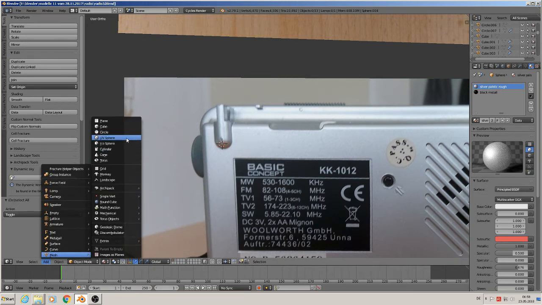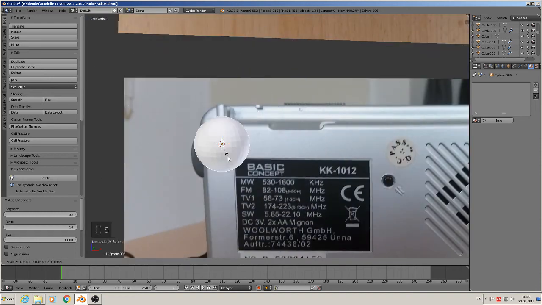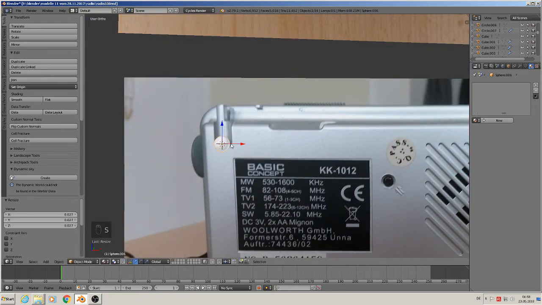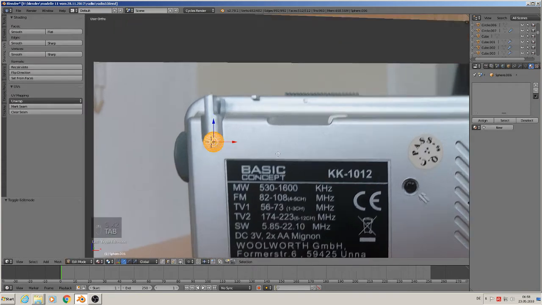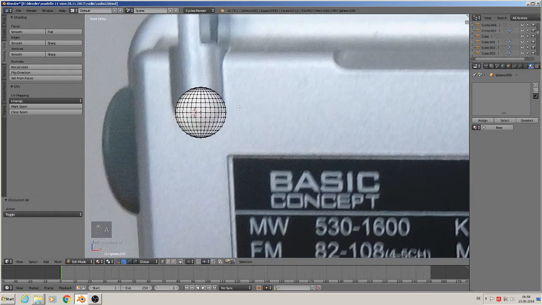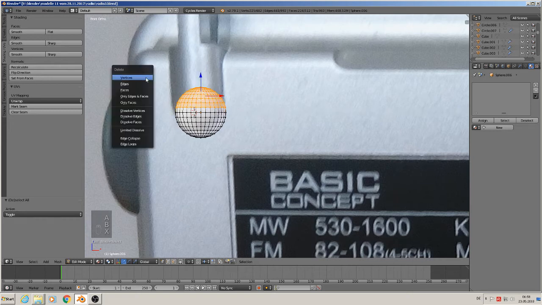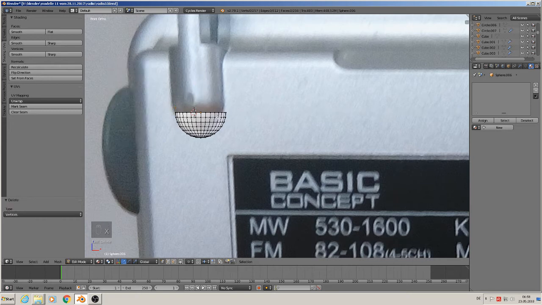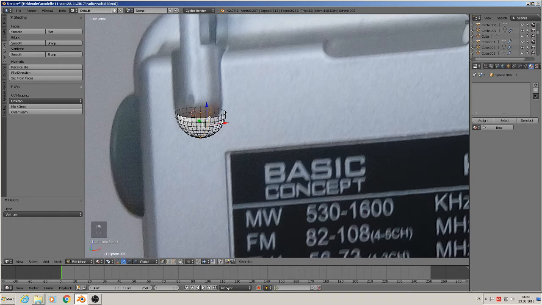Add mesh, UV sphere, scale down, edit mode, front view, border selection with background, border selection, delete it. I'll take the whole thing, extrude, bring it up,